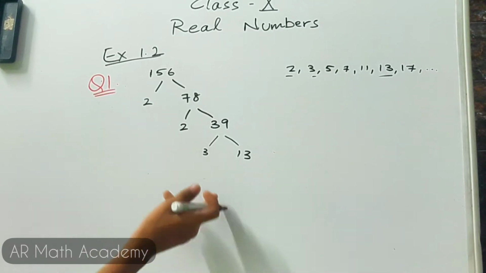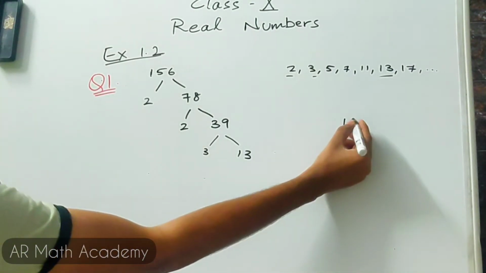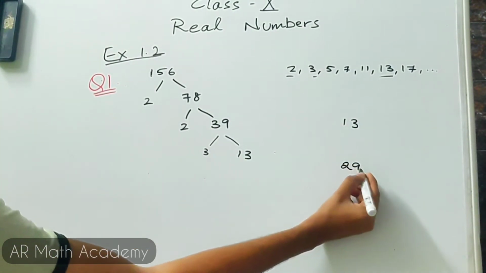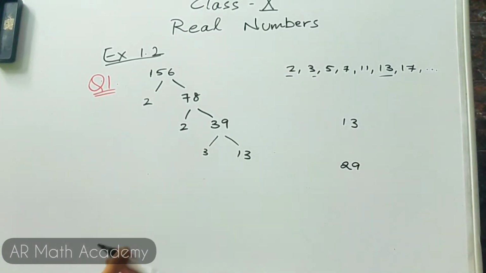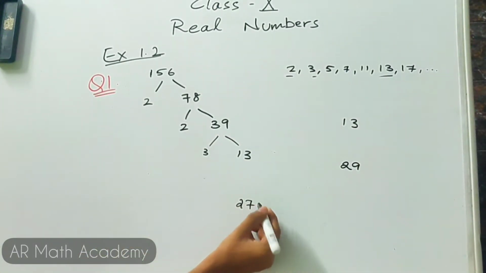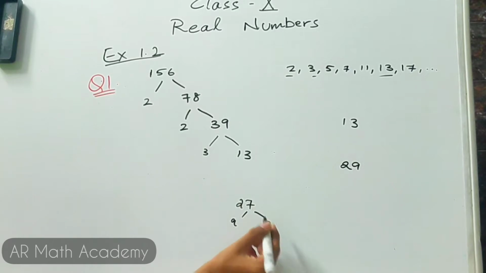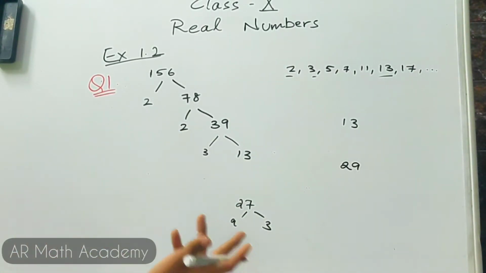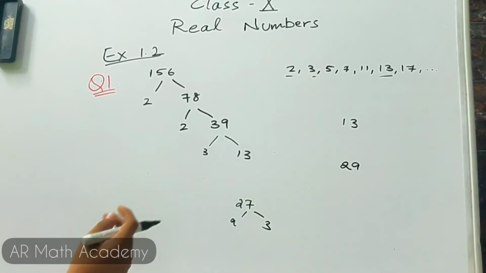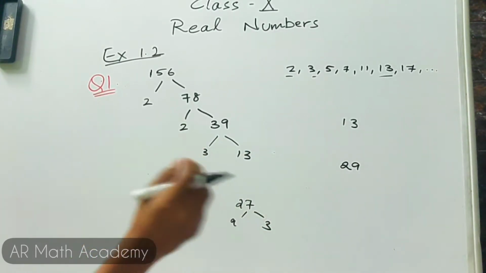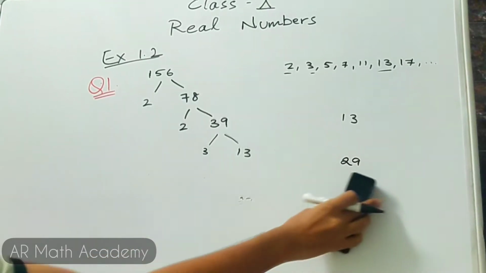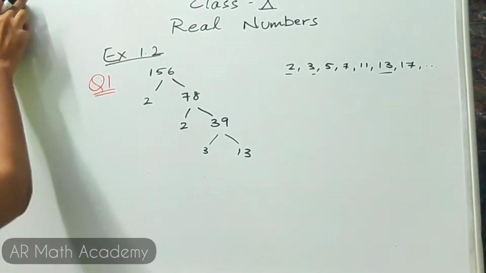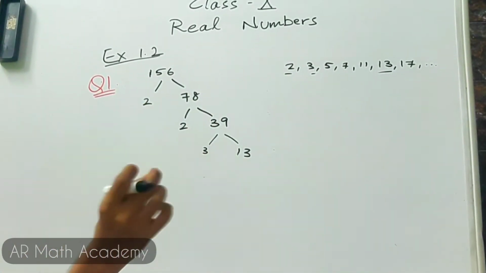Well, I knew that 13 does not have any factors. Suppose you take 13 or 29. Well, these are not very common numbers, right? You use 27. You are used to 27. 9 into 3 is 27, right? But 29, where do I use 29? Well, I don't use it in most cases. So the number 29 must be a prime factor, right? So that is an intuition. So this intuition helps me to find which are all the numbers which are prime factors.